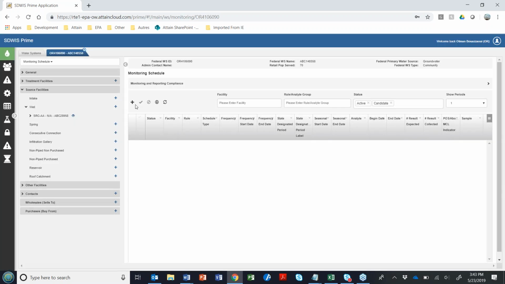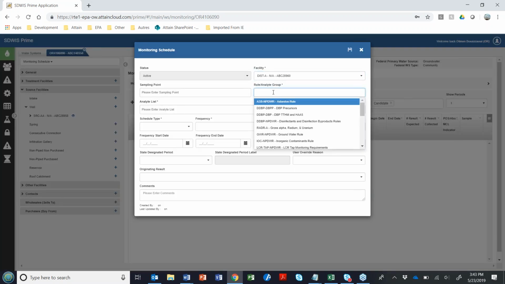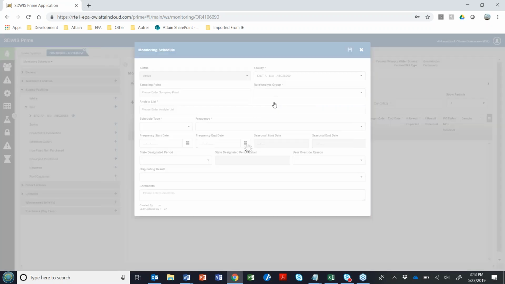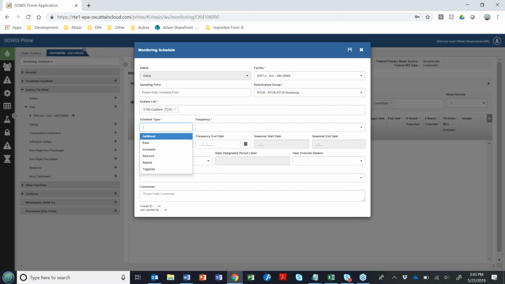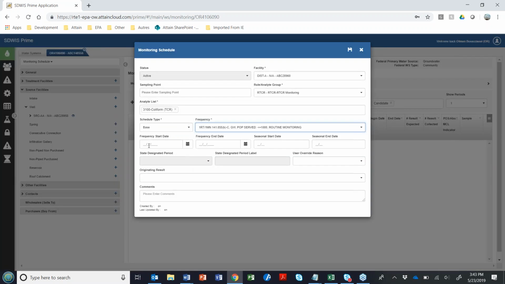Go ahead and add the requirements here for RTCR and nitrate. The RTCR is at the distribution system. We'll have it at one routine every month, and we'll get it started on January 1st, 2018.